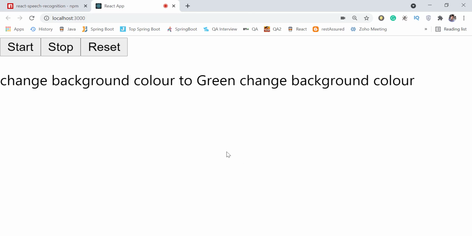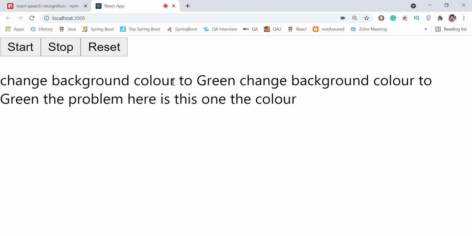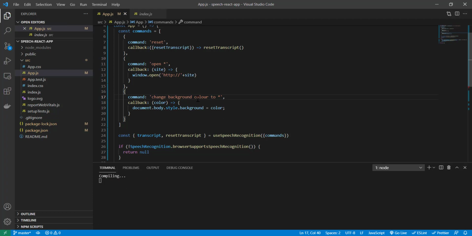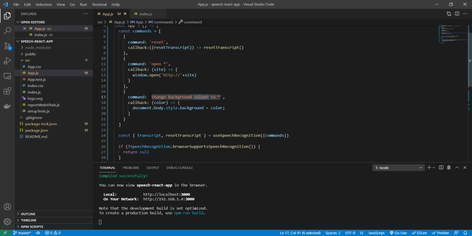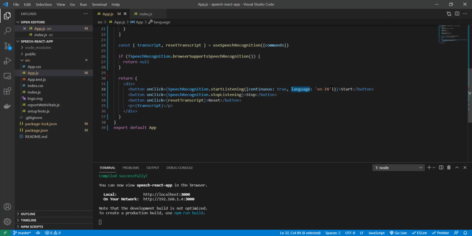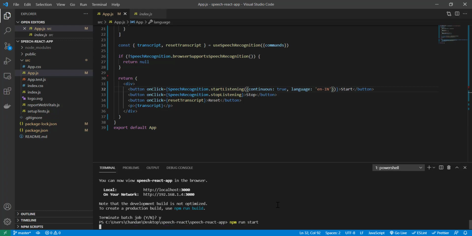Change background color to green. You can see the problem here is the color text. It is taking color and I am writing COLOUR. So I should add some ternary condition, or especially add here that you can pick GB, that is British language, then it should work that way.